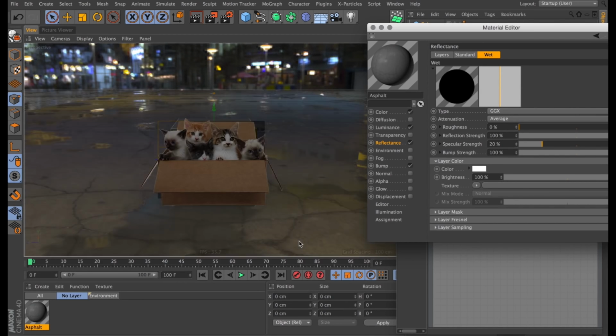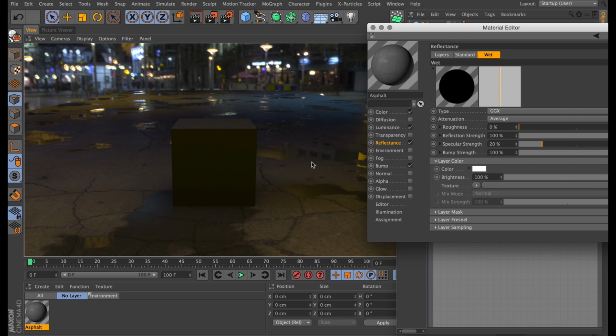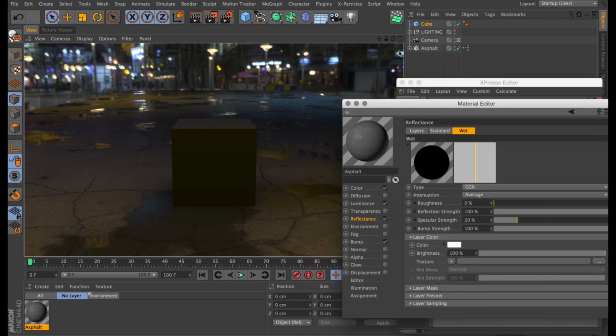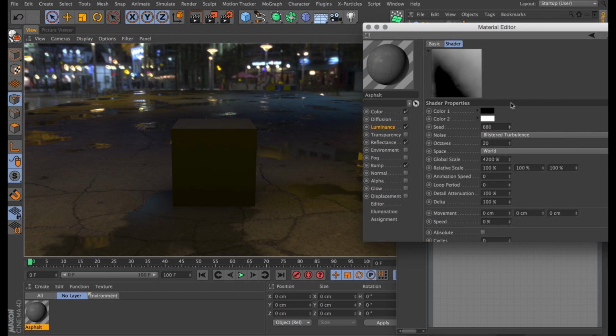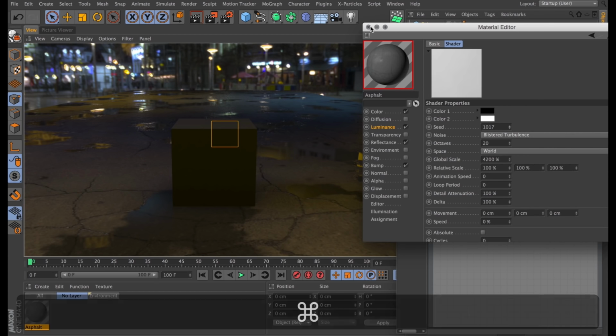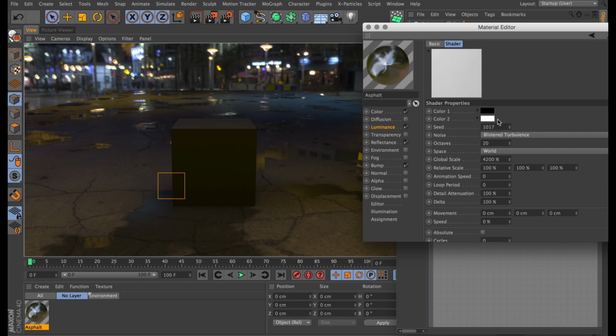But back to our box of kittens, which, lo and behold, to our great horror, is standing in the middle of a puddle. But because we set this up as a shading network, we will be able to rescue these kittens before any harm can come to them. Instead of having to go through each and every instance of the texture and change that, we can just go into our master texture in the luminance channel, change the random seed quickly, do another render, and just like that,